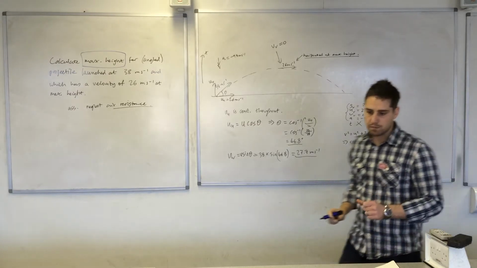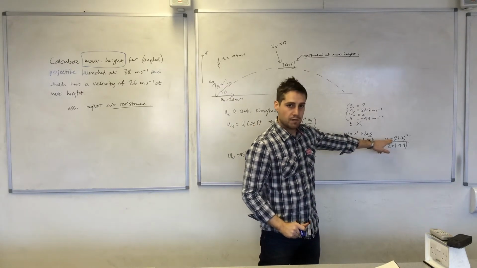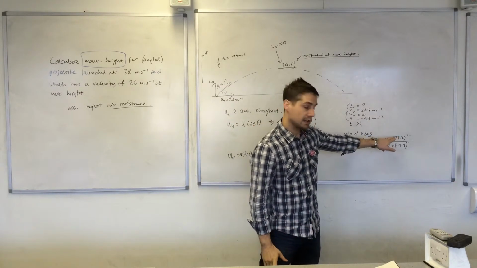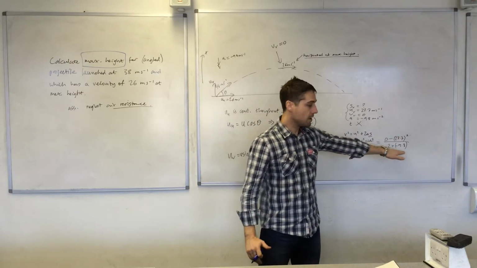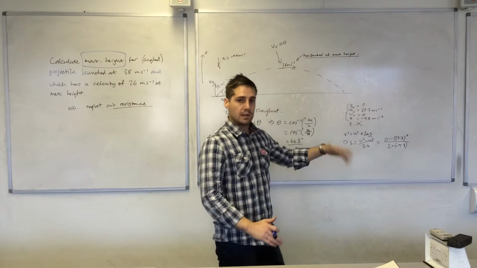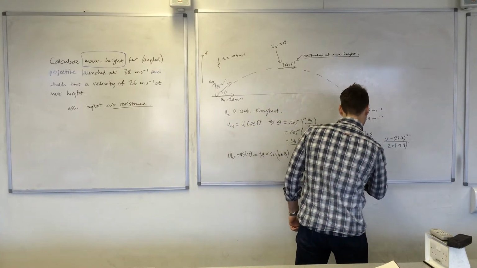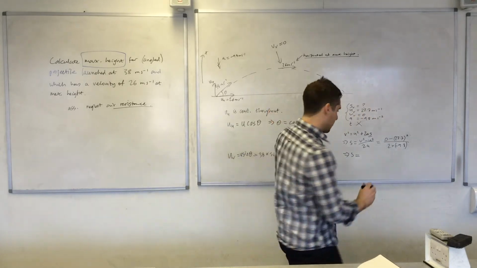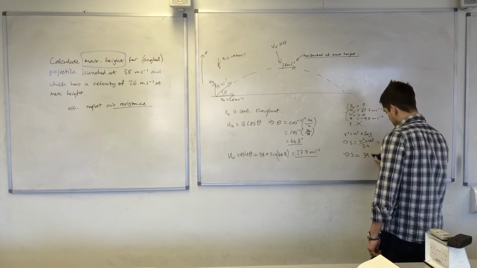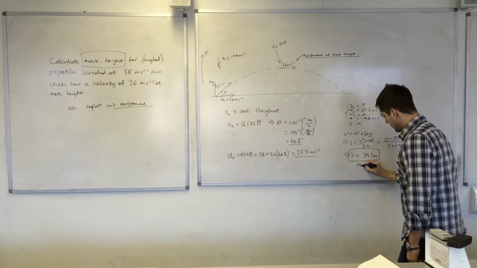You notice because I've been consistent with my direction, I have a negative value on the top because the negative is outside of that squared term, so that's going to be negative there, negative over negative giving me a positive. So s equals 39.1 meters. That's the maximum